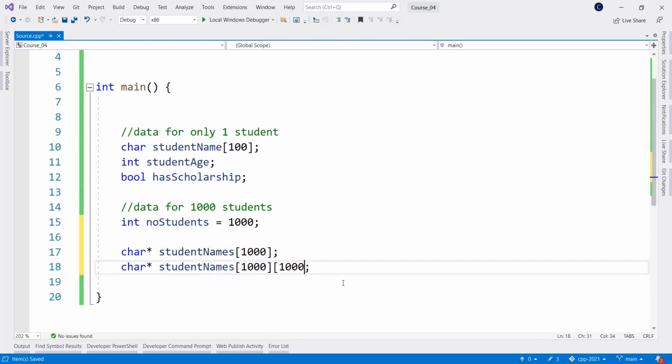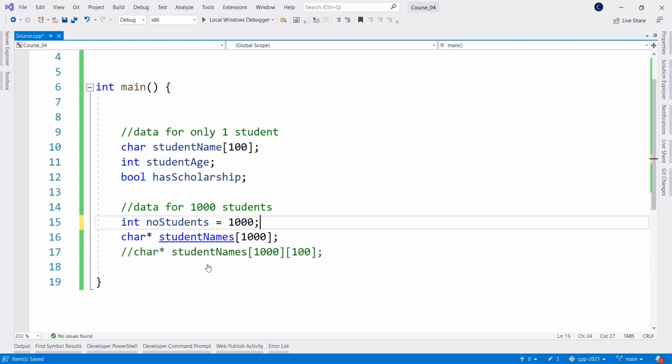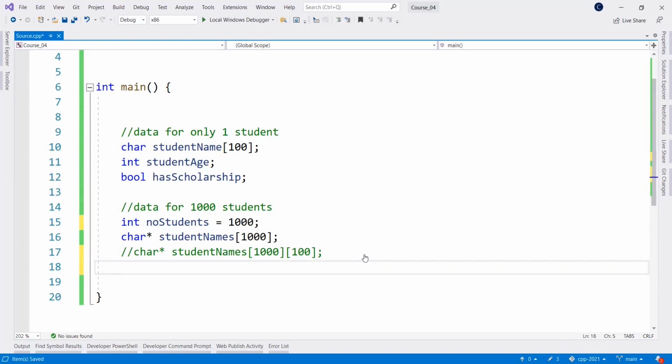So it can go like this, if you like to play with the matrix, or we can leave it like this. In this case, you see, we have an array of 1,000 pointers to chars, and each pointer to a char is actually managing a name by itself. So I can go like that. And for student age, again, this looks like this. Student age is